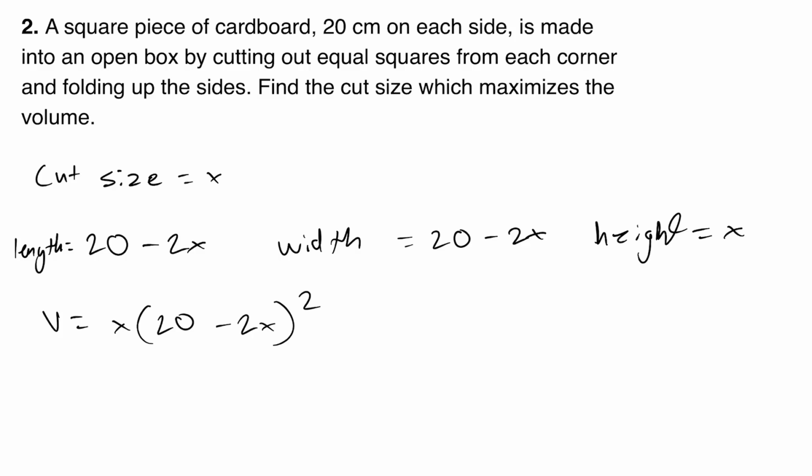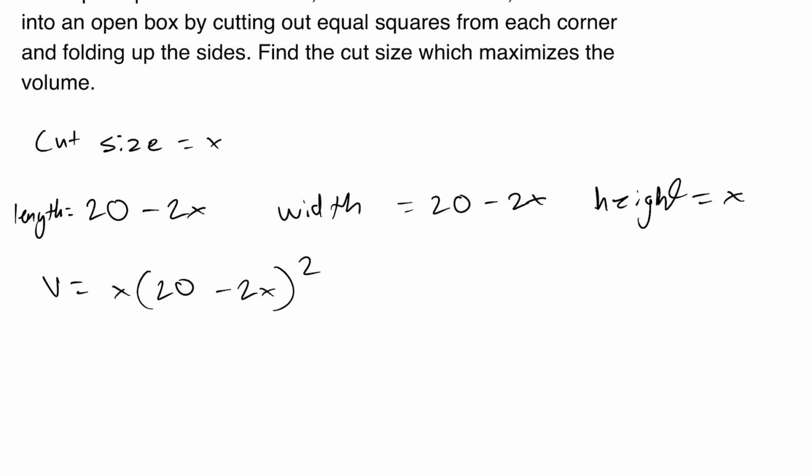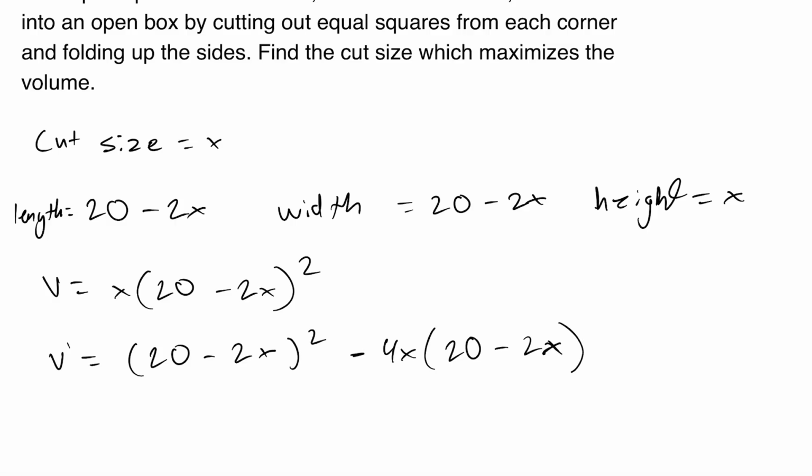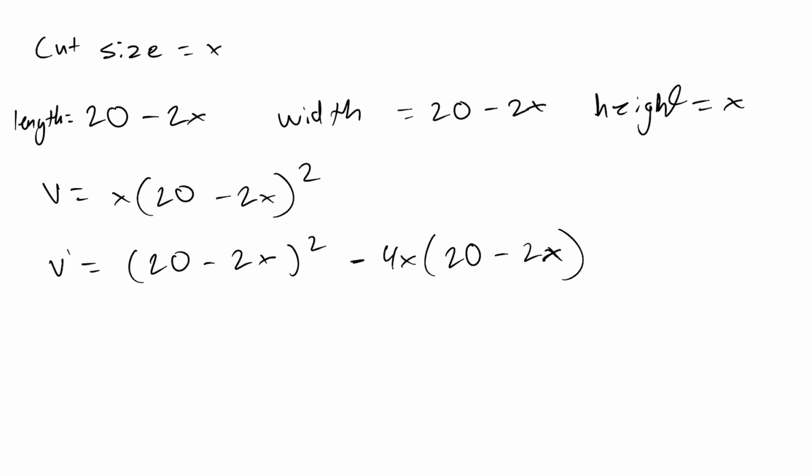So then we can take our derivative of that. So V prime is going to be equal to 20 minus 2x squared minus 4x times 20 minus 2x. And then from here we can simplify this. So our V prime is going to be equal to 20 minus 2x squared